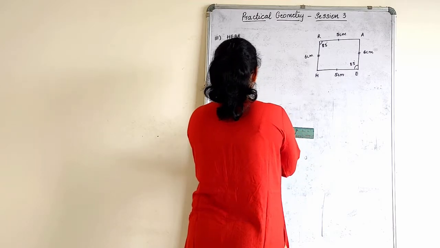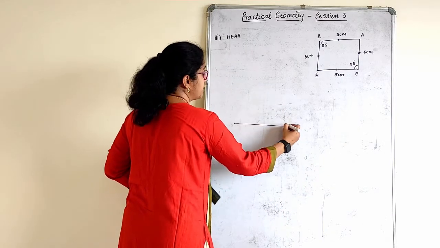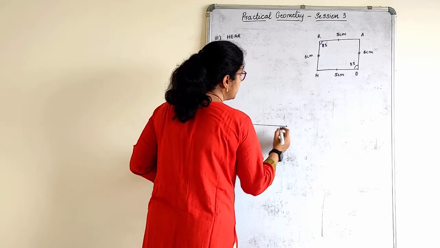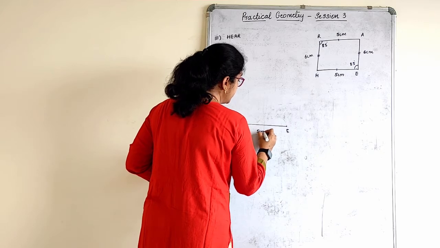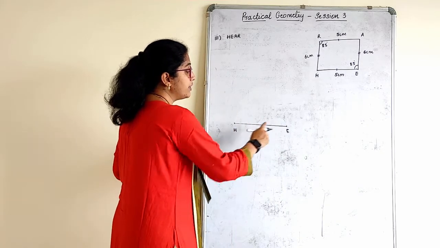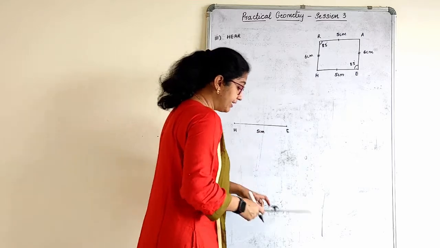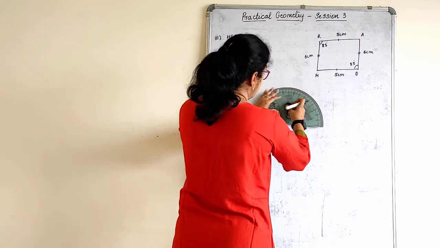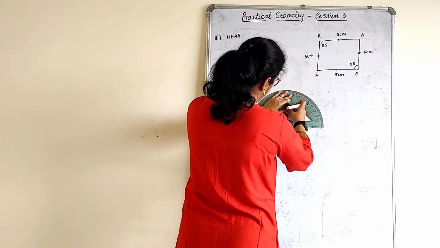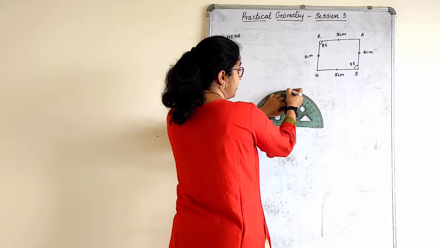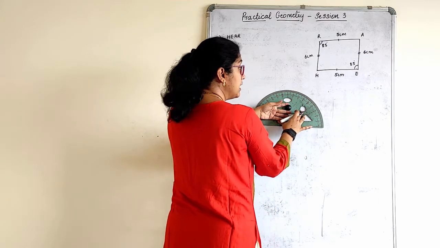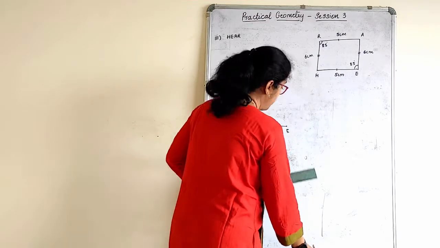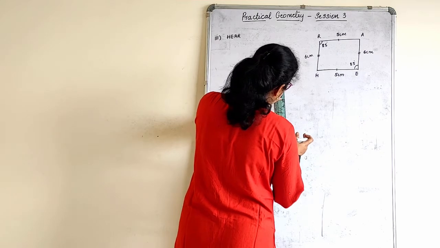Let us see whether the given data is actually sufficient for us to construct a triangle. So this is H, this is E, and this is 5 centimeter. Then apart from that, what do we know? We know that angle E is 85 degree. Take a protractor, keep it here, mark for 85 degree. So 85, children, 90 will come here. So this is less than 90 degree. 80 is here, almost here it comes 85. We will cut it for 85 degree now.